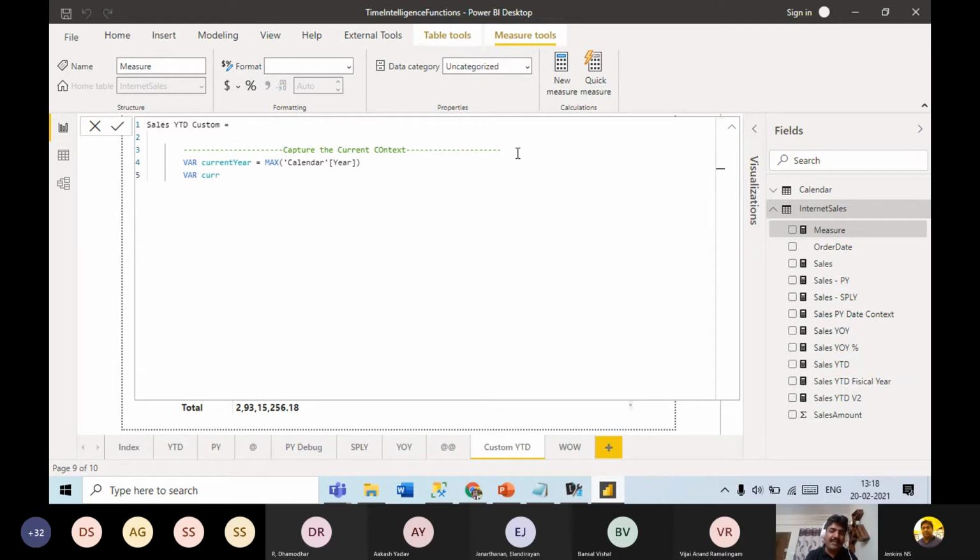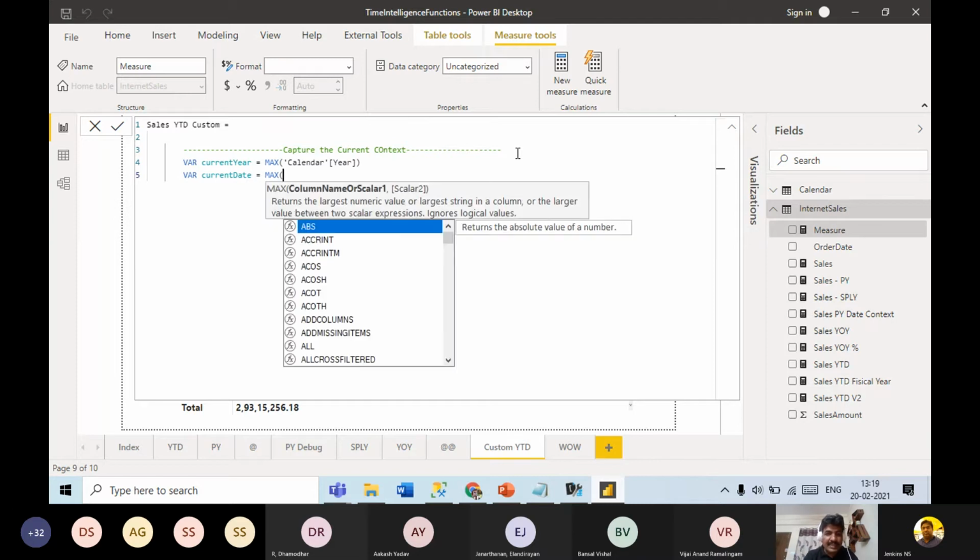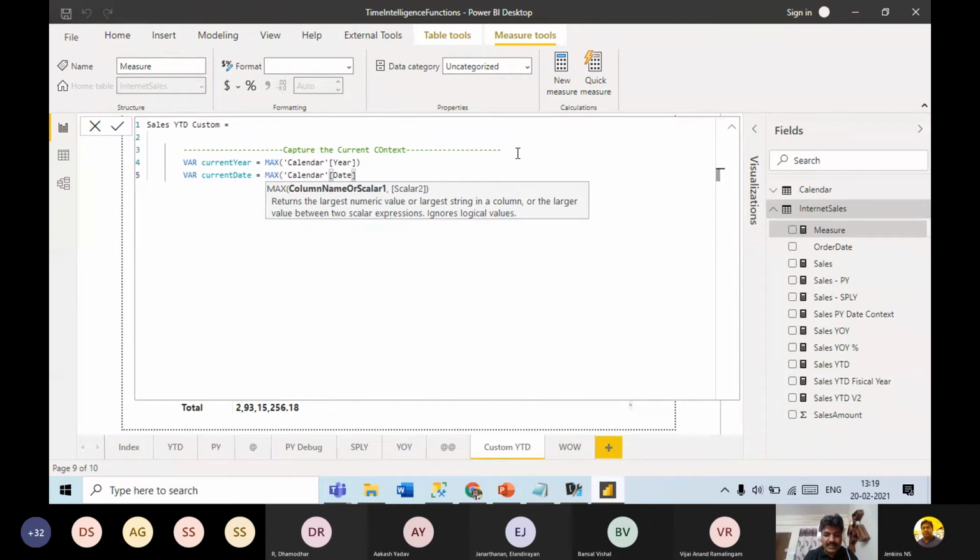If you are in January month, the current max date is 31st January, correct? So that I want to take here. Current max date equal to max calendar date. I have captured the current context.